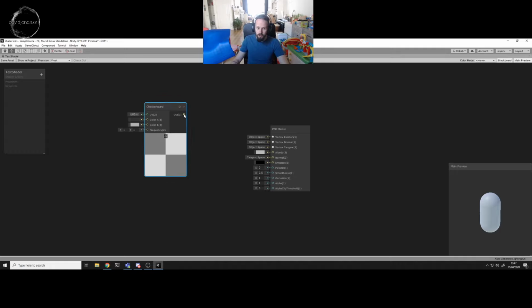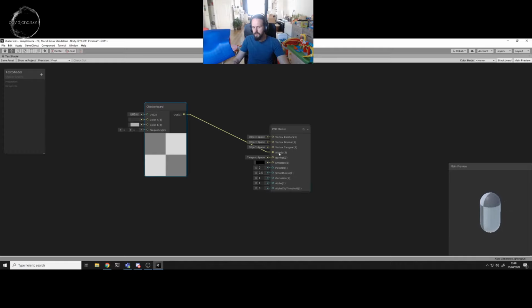So what you want to do here is look at the color of the little balls. This yellow ball means that it can connect to any yellow balls. But of course, it's also possible to connect to other balls that have a lower amount of values. In this case, you have 3 values here, so you can connect to albedo, which is a color with 3 values. But you can also connect to metallic, and then only the first value is going to be used. So let's just connect it here to albedo, and you see immediately that it changes, and we have a checkered pattern on our